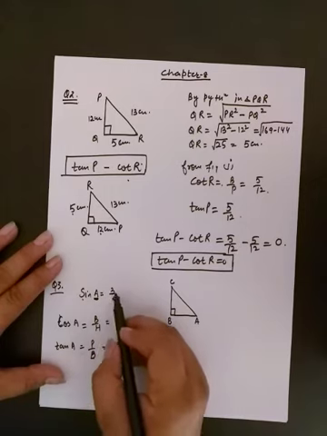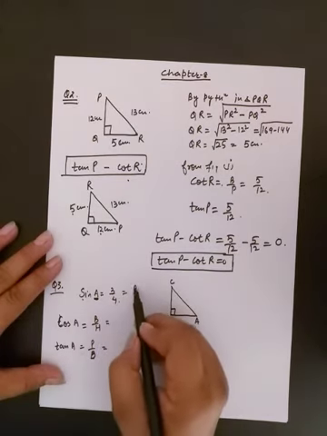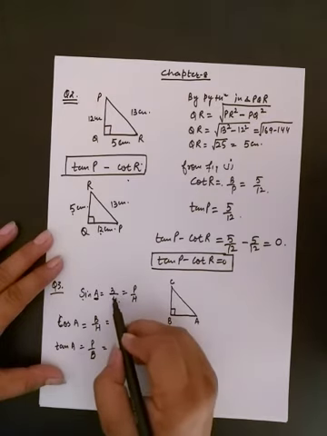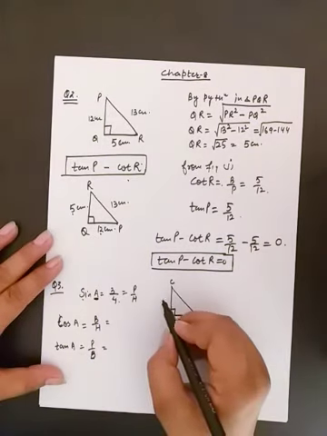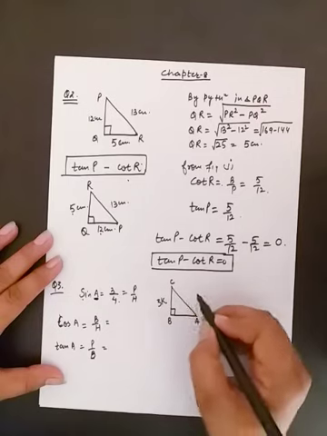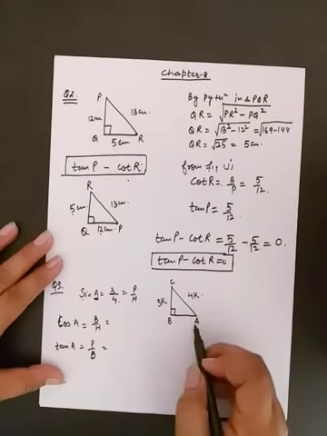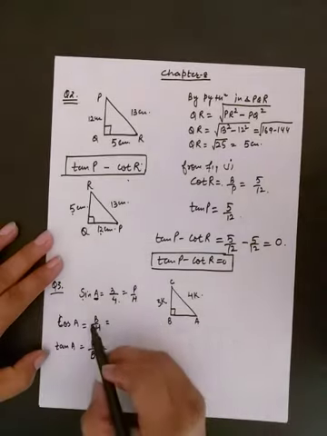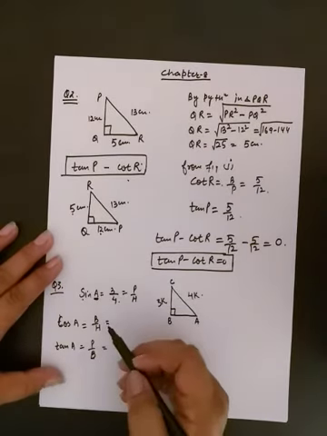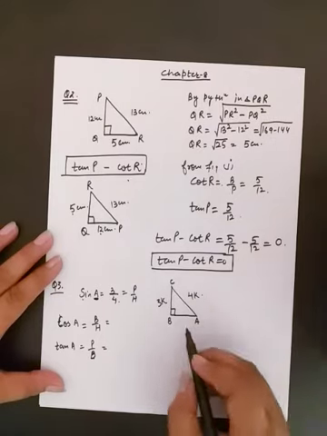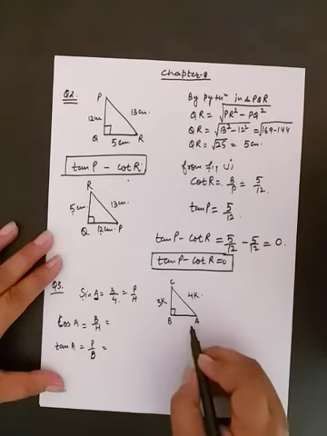Now sin A is 3/4. So it means perpendicular by hypotenuse is given to us. Because no unit is there, we have to take perpendicular as 3K and hypotenuse as 4K. Now we are left with base, and the value of base is needed for both cos A and tangent A. So by Pythagoras theorem, first of all we will calculate the value of base, that is AB.